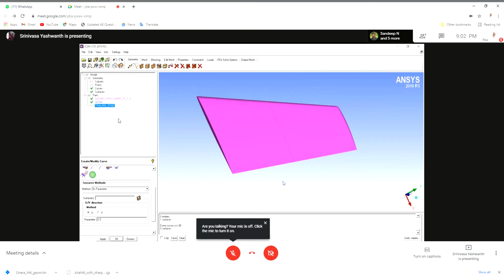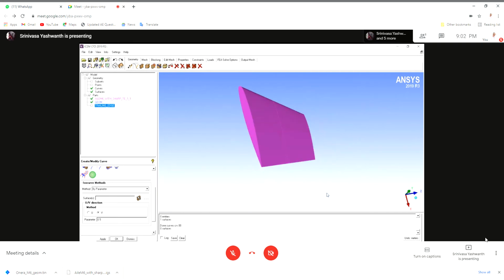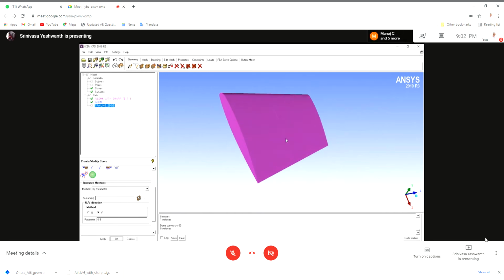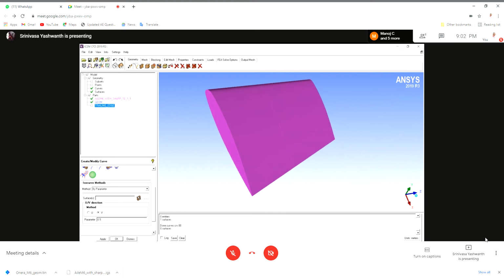If you select U, this will create a curve in the x direction. If we select V, it will create a curve in the y direction. But sometimes the creation of the curve depends on the orientation of the surface also. So as you will see here,